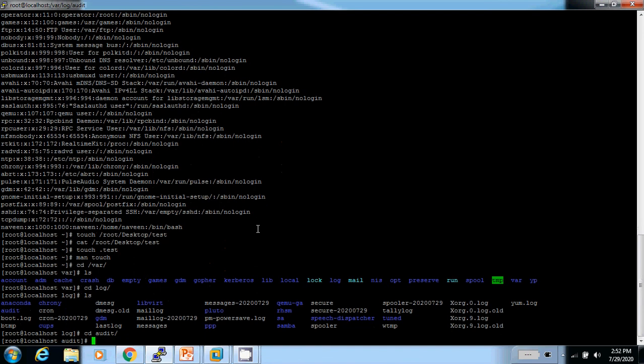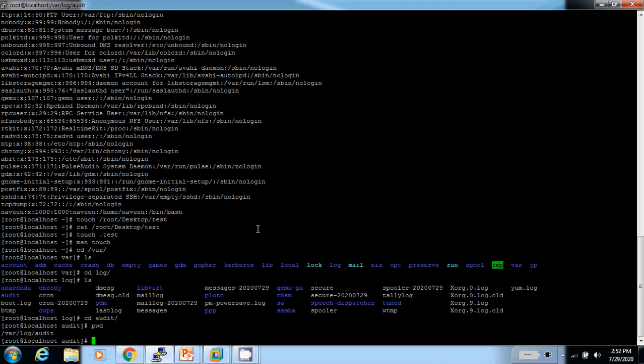Okay, then we'll check where we are working. Then we'll run the command pwd. It prints the complete path. First of all, I went to var, then log, then audit. My present working directory is /var/log/audit.